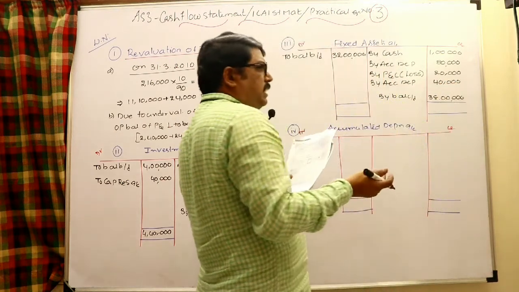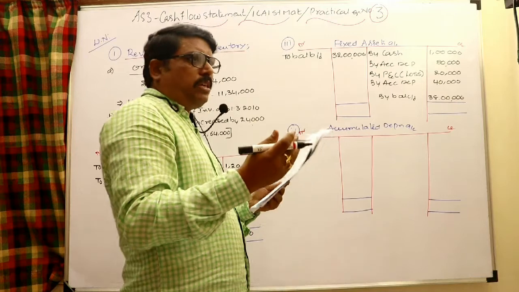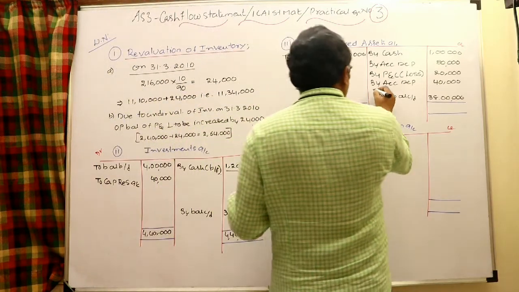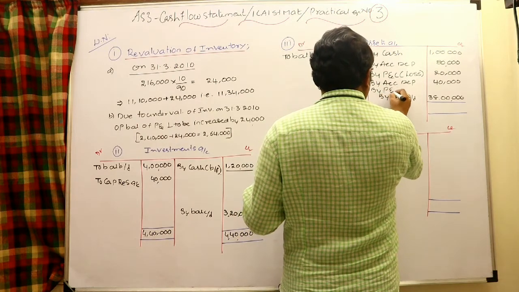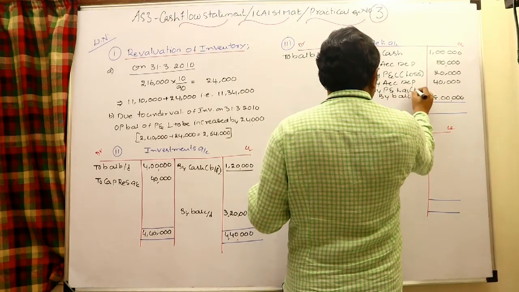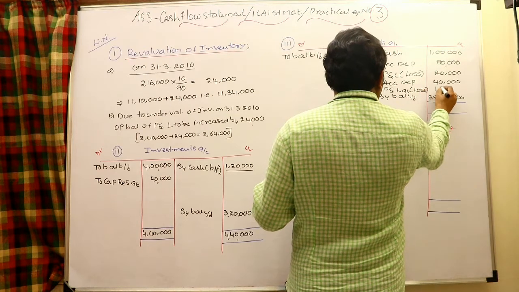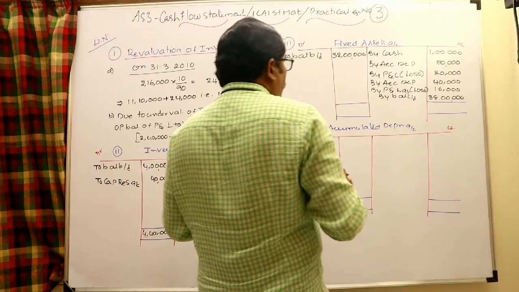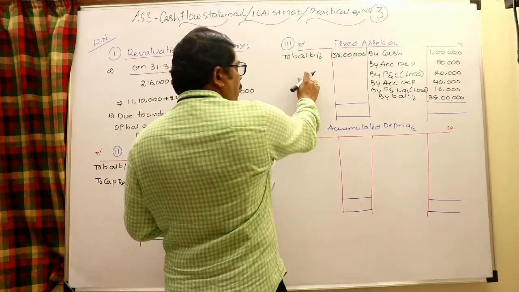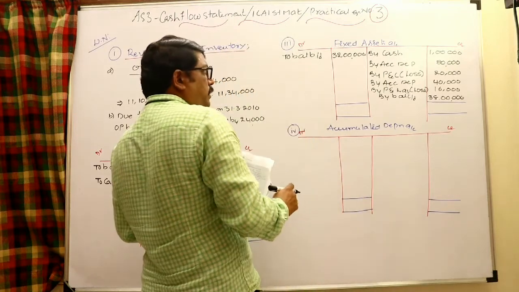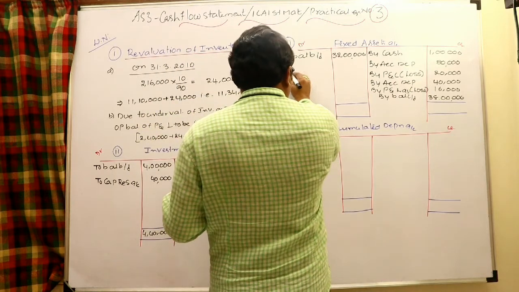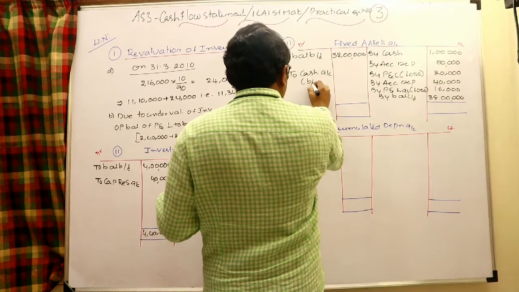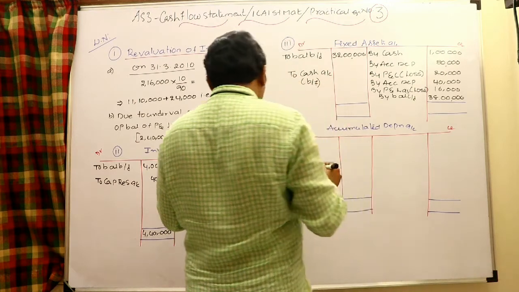40,000, still it is 16,000 when you compare the cost and the provision for depreciation, and that is simply written off. P&L to asset, in the asset by P&L. By P&L, it is a loss, not by the sale, but by the write-off of the asset, 16,000 rupees, that's all, no more items. And if you find any balancing figure on this side, you can say that fixed assets are purchased during this year. Here some fixed assets are purchased. Entry: fixed assets account to cash account, which is a balancing figure.